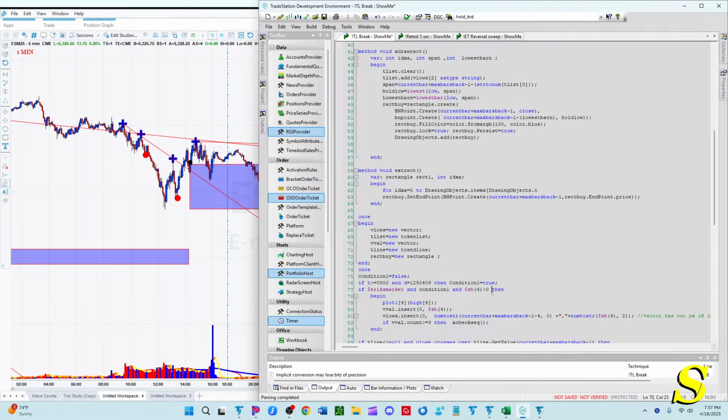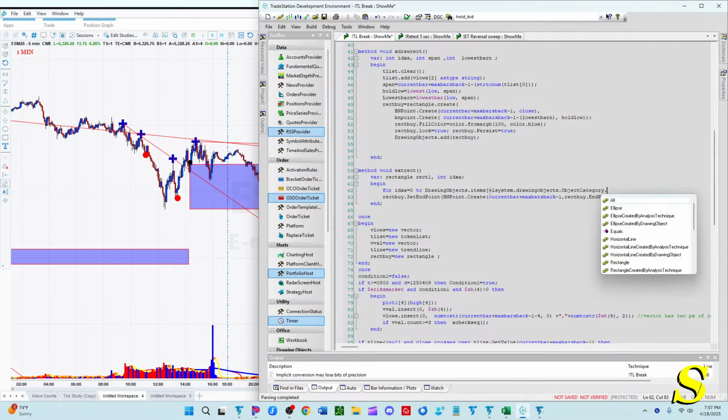That's what I was trying to do. Ecosystem.drawing objects dot object category dot rectangle. Boom. All right, so if we have that, if the drawing objects items is of this type, dot count -1